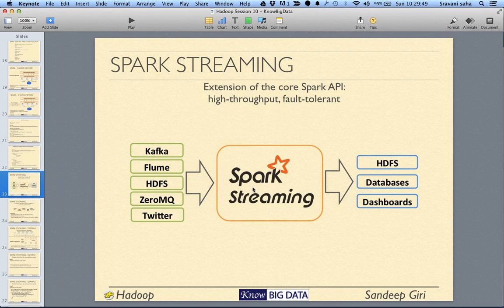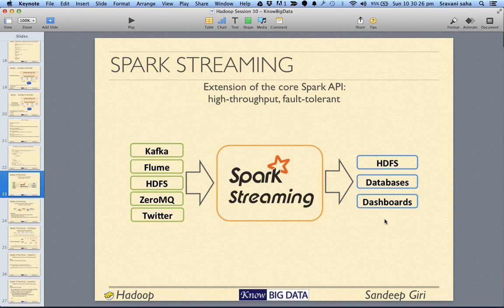After streaming, the data goes into databases. The other important point you should note is that this streaming is not the Hadoop streaming we read about. That streaming meant we pass the data through a program, that's all. But this streaming is more like data coming in real time, and we have to operate upon it in real time. Also, please note that there is no such thing called real time streaming.